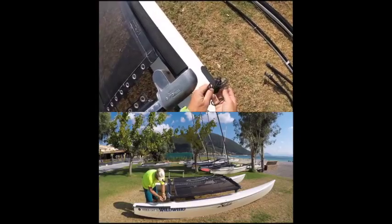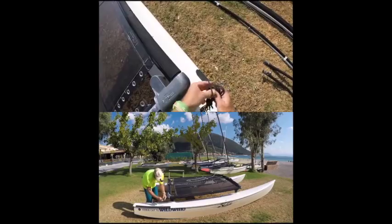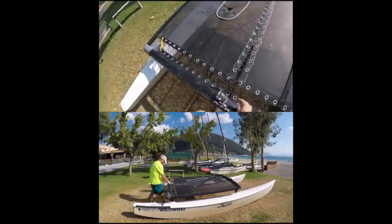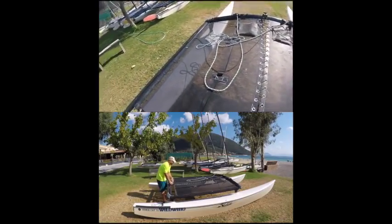And there we go, something like that is what we're doing. All right, so then I'll do the other side, and this trampoline we're actually going to have to take to